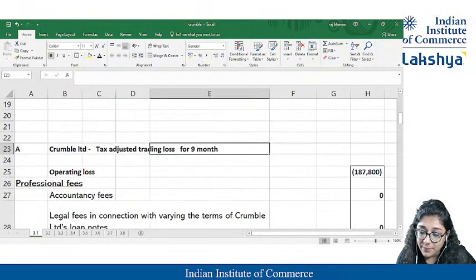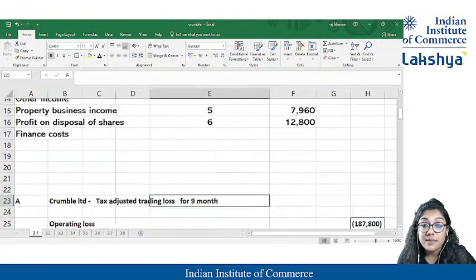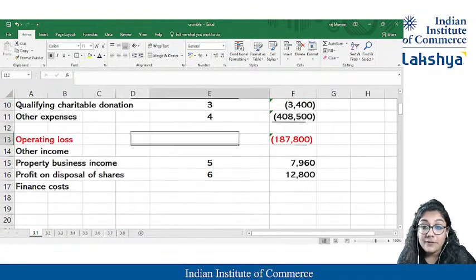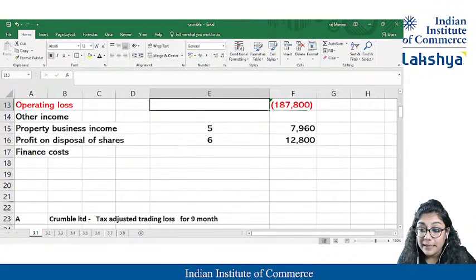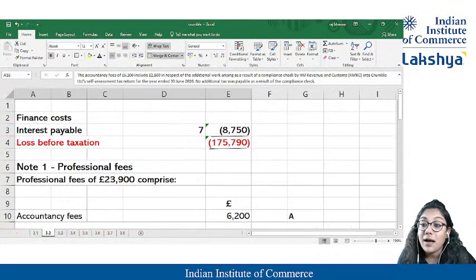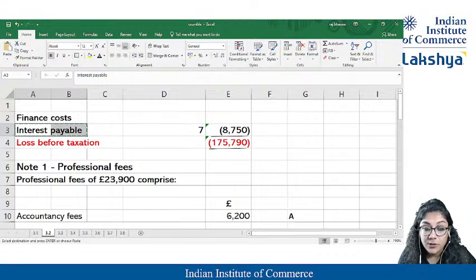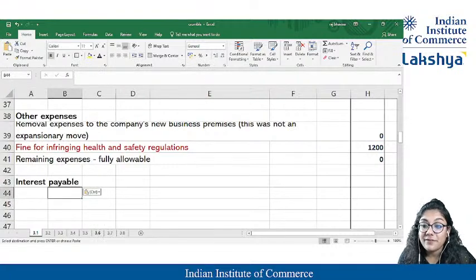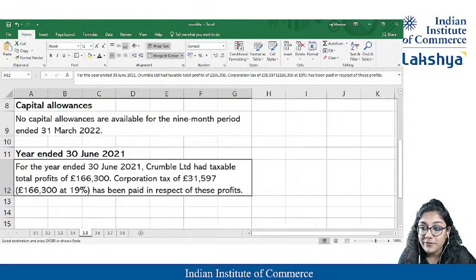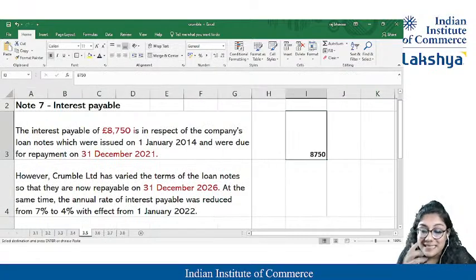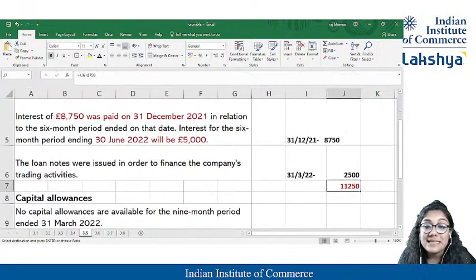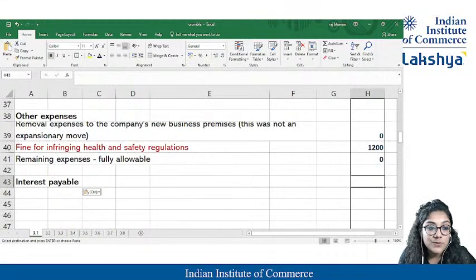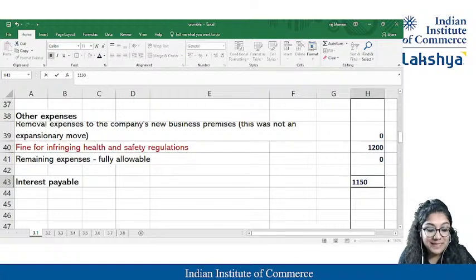Is there anything else? Yeah, ma'am. The 7th point, ma'am. So yeah, we have checked till 4th, ma'am. The 7th criteria over here, ma'am. That finance one, yeah, interest payable. I thought it was 8750, but you know, ma'am, something more was also there. Yeah, it's not 8750, guys. Over here, if I checked, ma'am, it was 8750. No, ma'am, it was 11250. Cool, it was 11250. But that was an expenditure.